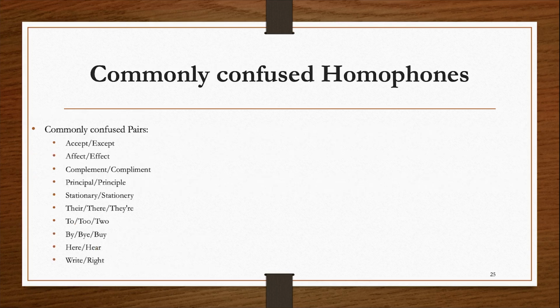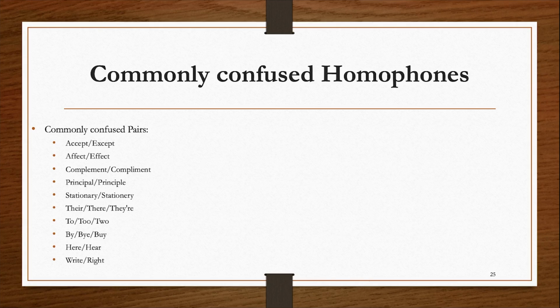Now, there are some commonly confused homophones, which we very often confuse. For example, accept and except. So accept means to receive or agree to do something, and except basically means excluding or apart from. The second, affect or effect. Now what is affect? A verb meaning to influence or impact something, whereas effect is a noun meaning the result